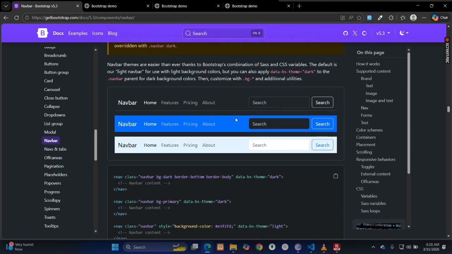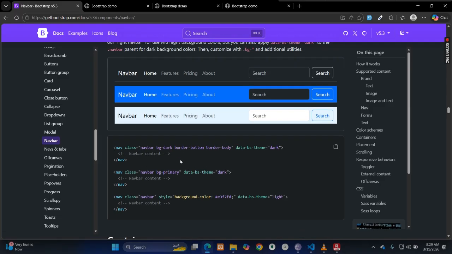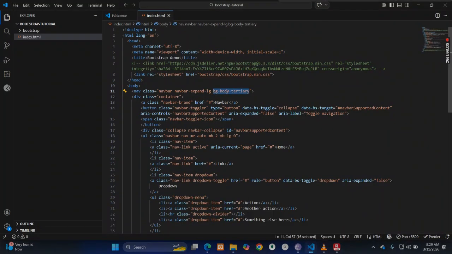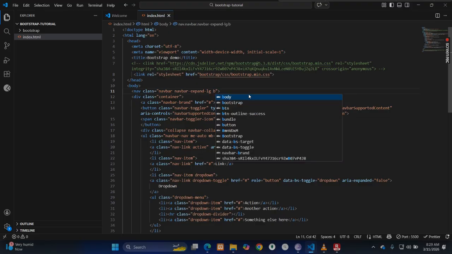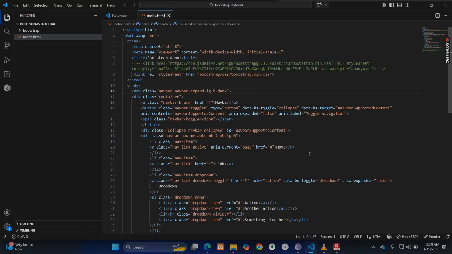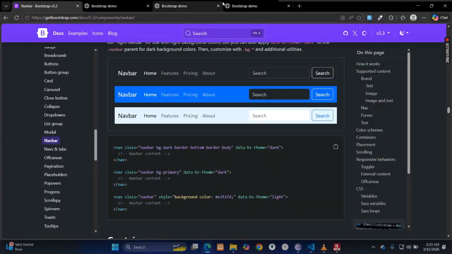So if you scroll down, look at this, the one that has the dark background, this one has a blue background, this one has a light background. So if you want to use the dark background, you use this navbar dark. So to achieve that, we change this one to bg-dark. So if you check it out now, you see it has actually changed the background color, but